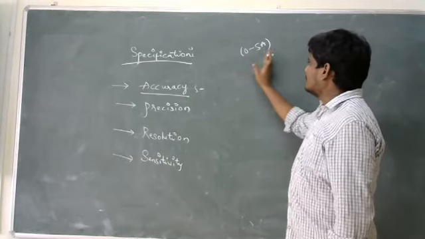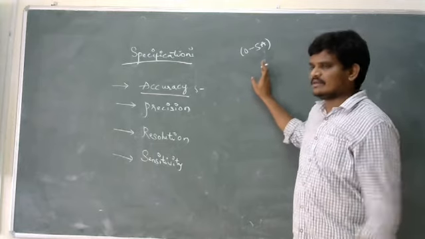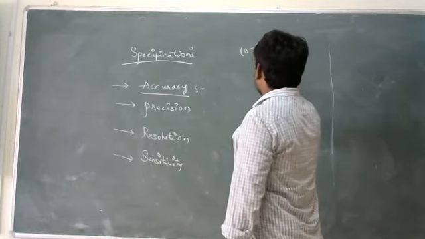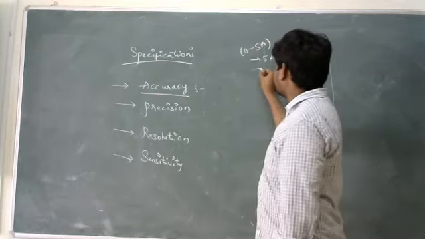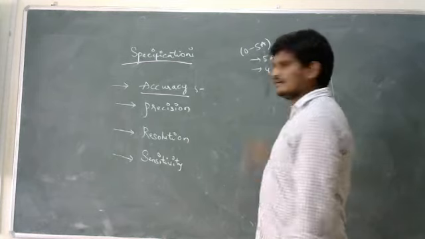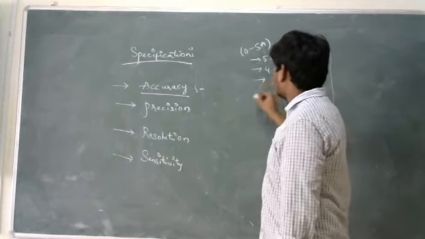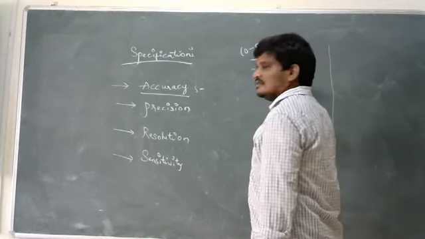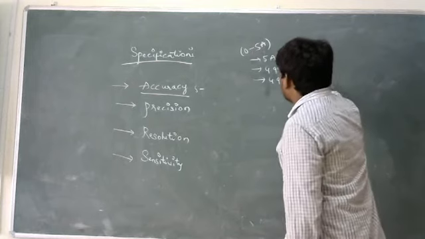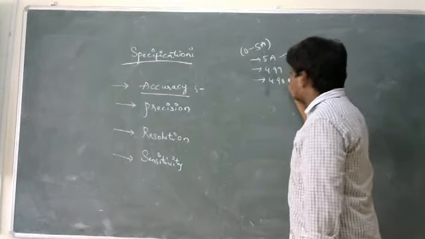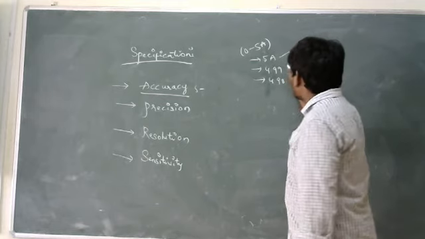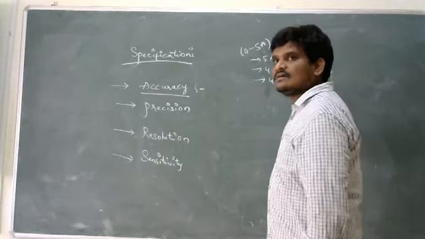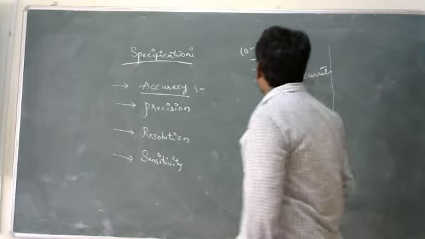Now I am using this ammeter, which has a range of 5 amps, for performing an experiment in our lab. The first reading is 5 amps. When I use the same ammeter the next time, it shows 4.99. When I use it for the third time, it shows 4.99. What is the true value of the ammeter? 5 amps. The values which are near to the true value, 4.99 and 4.99, are called the accurate values of this ammeter.